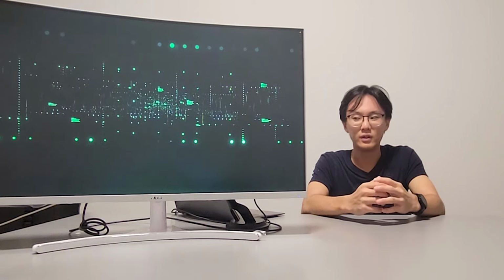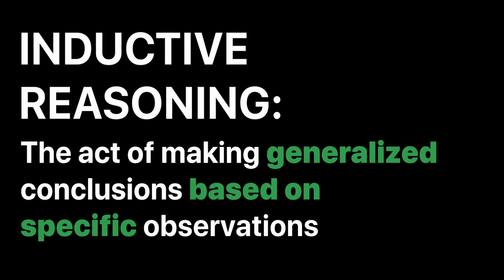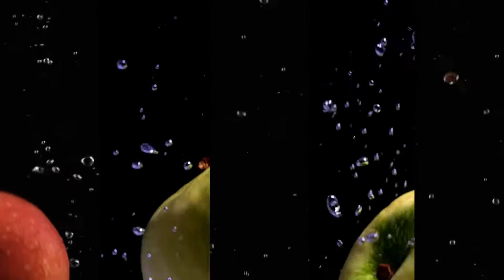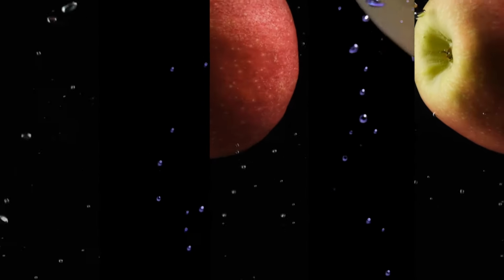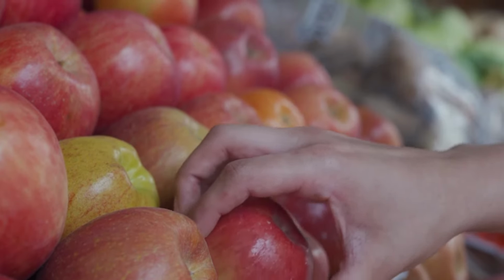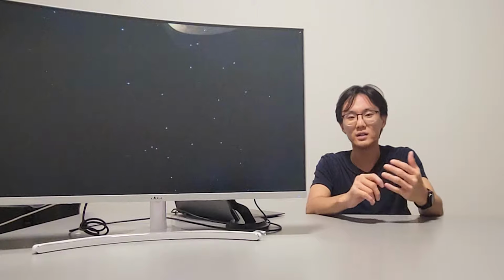And this was also the beginnings of things like inductive reasoning. And inductive reasoning is basically when you look at one experiment and you try to make generalizations out of it. So let's say, for example, you wanted to know if all apples can float. So what you do in your experiment is you take 5 apples and you notice that 5 out of 5 apples float. And then you can conclude, well, since my experiment said that 5 out of 5 apples float, probably all apples float. And since then, science has taken off and more things have been added to it.